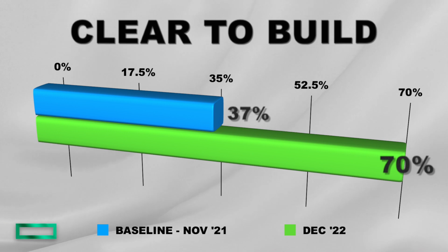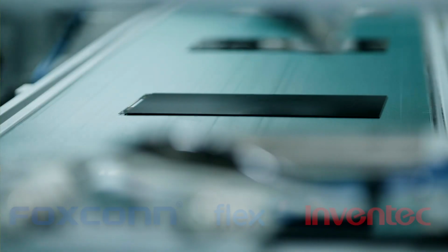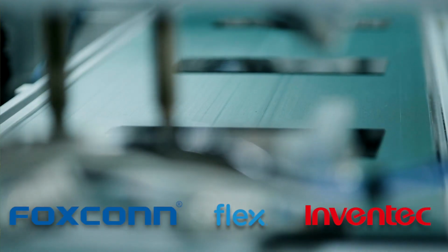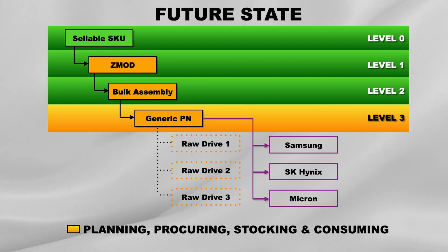The second phase of the project resides in making transformational changes to the way we will be managing our multi-vendor portfolio in the near future. We are testing and validating the design change for the multi-vendor BOMs within our manufacturing sites. We want to simplify this design and move the process to plan, procure, stock, and consume material at a supplier-agnostic part number level. We have been testing this model at our manufacturing sites and have been seeing initial success with